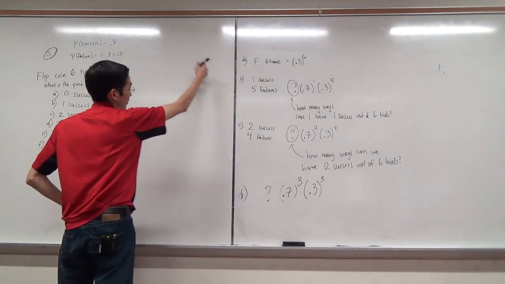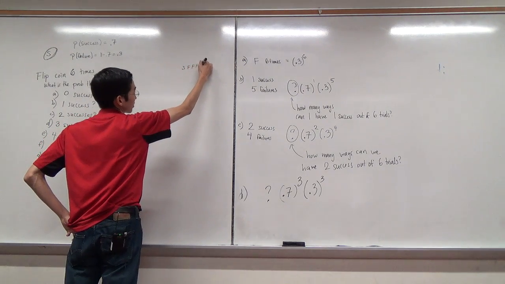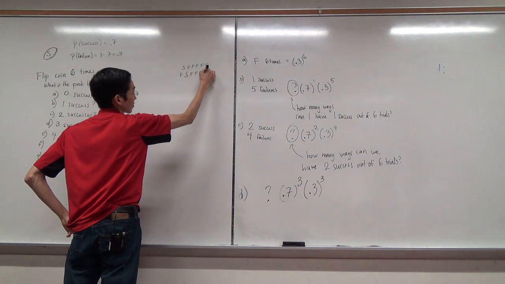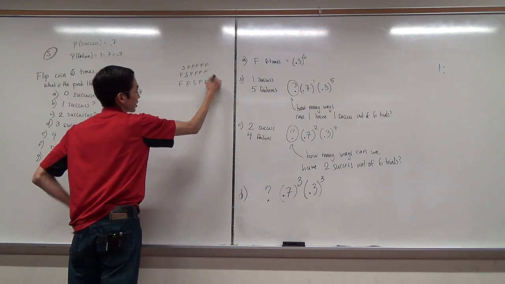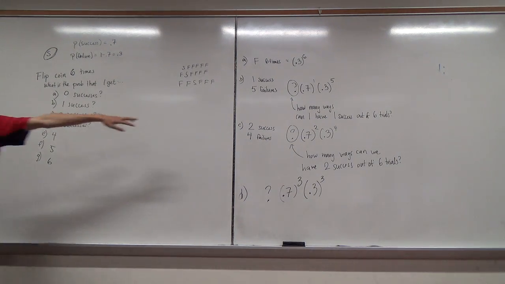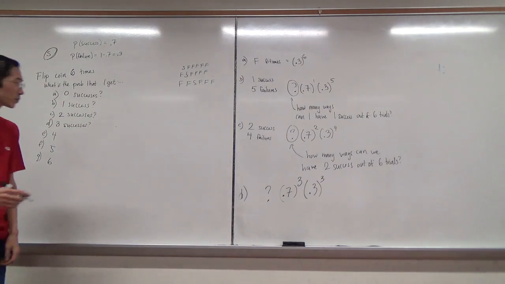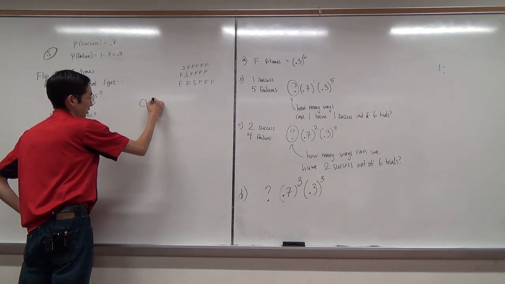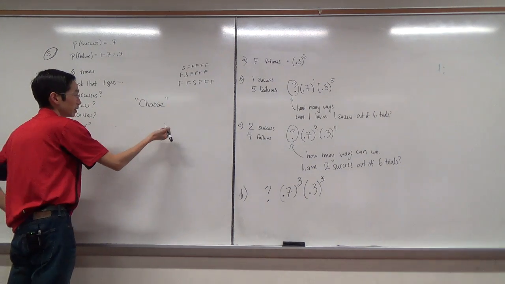Well, this one is not so bad. I could have success, there's 1, 2, 3, 4, 5, 6 different ways. Failure, failure, success. Basically, I'm just changing the position of the success. But then it gets a lot more complicated for having 2 out of the 6. So this is where we bring in something called the choose. This is combinations, and we would do